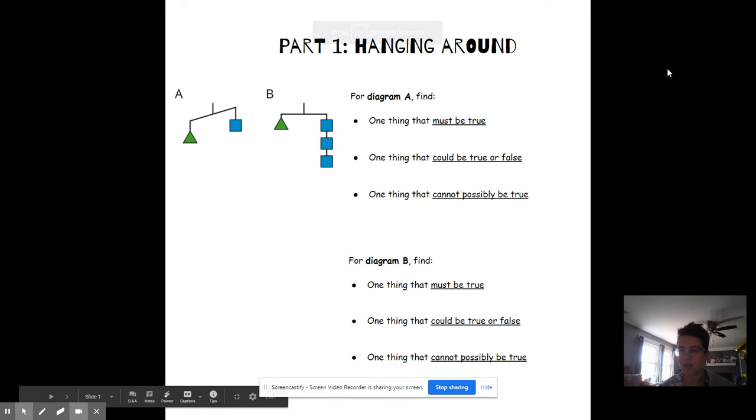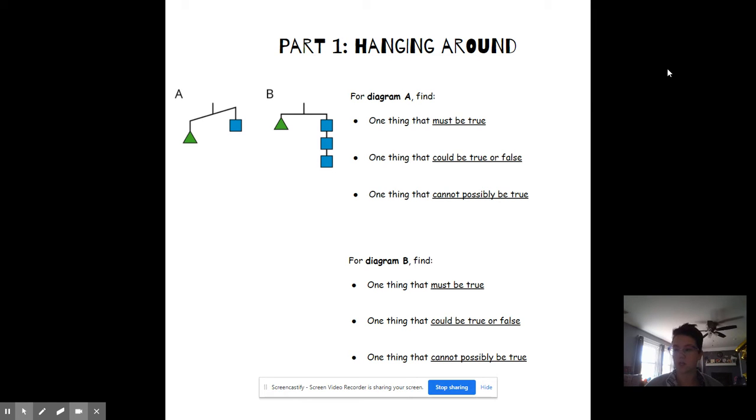This is going to be a quick explanation of part 1, hanging around. We are asked for diagram A to find one thing that must be true, one thing that could be true or false, and one thing that cannot possibly be true. So for diagram A, one thing that must be true for this one is that the triangle is heavier than